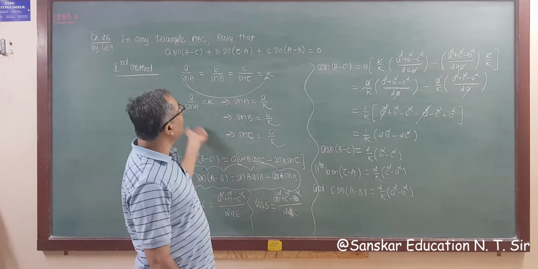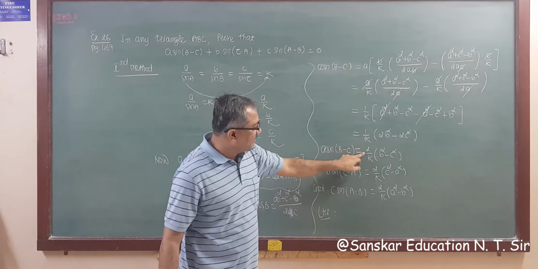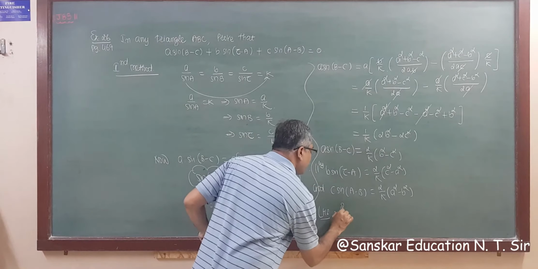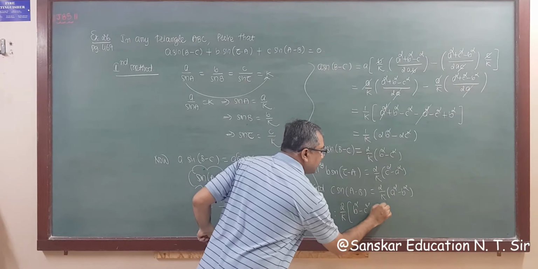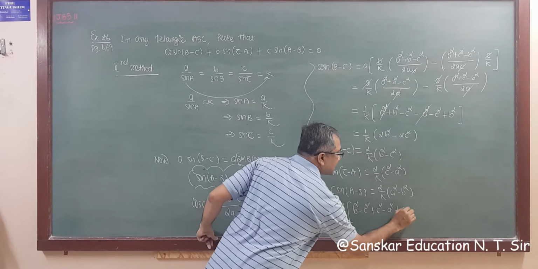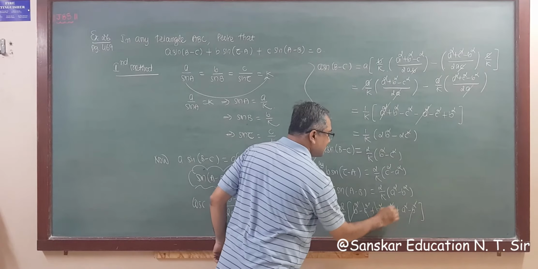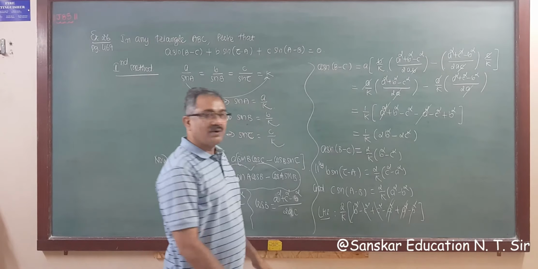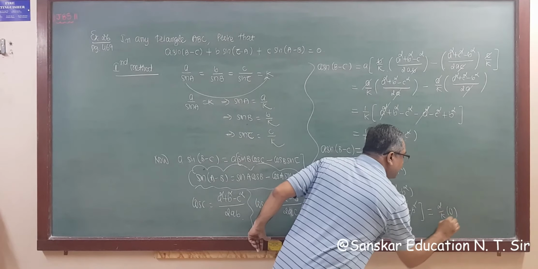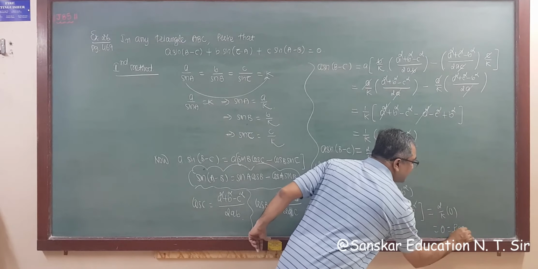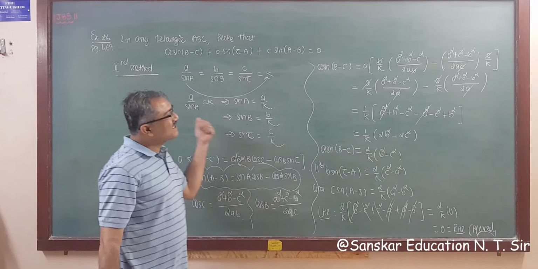So substitute all these values in the left hand side. So our left hand side will be, now you can see this is common. So 2 upon K common, and the remaining will be B square minus C square plus C square minus A square plus A square minus B square. So this B square, this A square will be cut. So the answer will be 0. So this is 2 by K into 0 is equal to 0. That is the right hand side. That is what you wanted to prove. Right? So this is another method.